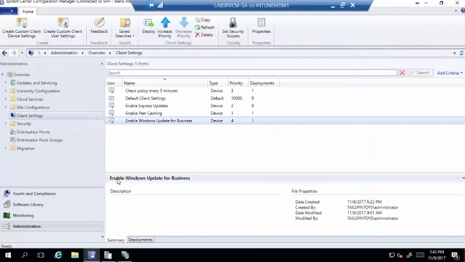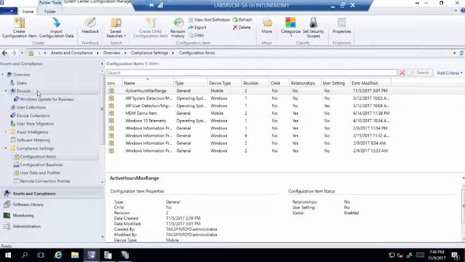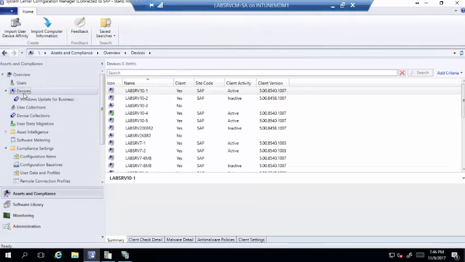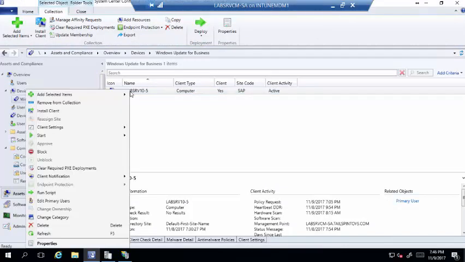All right. In terms of what else you need to do, it's good to have a knowledge of which systems are actually configured for Windows Update for Business. There's actually an inventory property that will tell you if a system is configured for Windows Update for Business. Let's go look at that real quick. If I look at my devices, let's look in the collection. I only have the one device right now for Windows Update for Business, but I right-click on it, Start Resource Explorer,